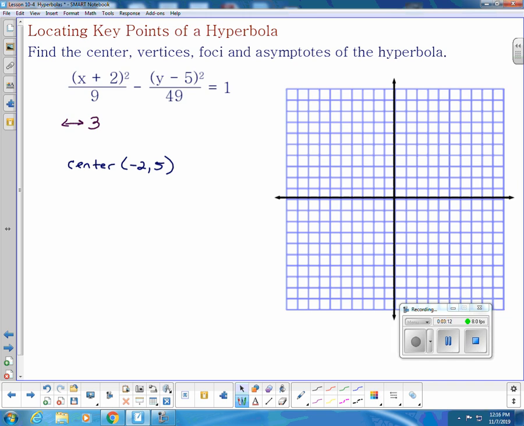Yes? Sure, your a value is the smallest. a value is the first. Nothing to do with size with hyperbolas. It's just the first guy. So over here, we're going up and down how much? 7. And again, it really doesn't matter a or b. Just know that a is always first. Okay? So if I am at the center, -2, 5, to graph this hyperbola, I'm going to go right and left 3, up and down 7,